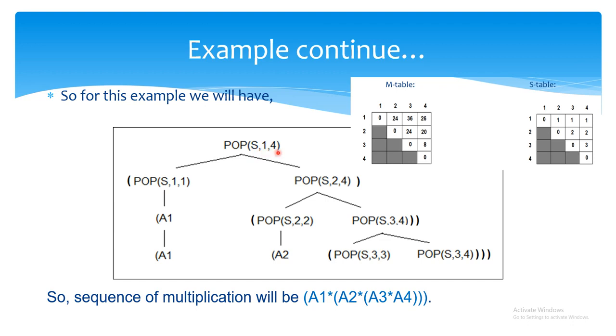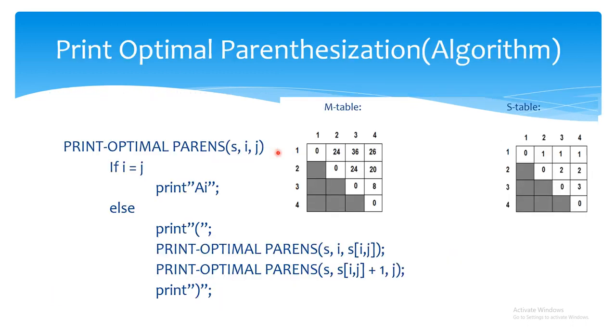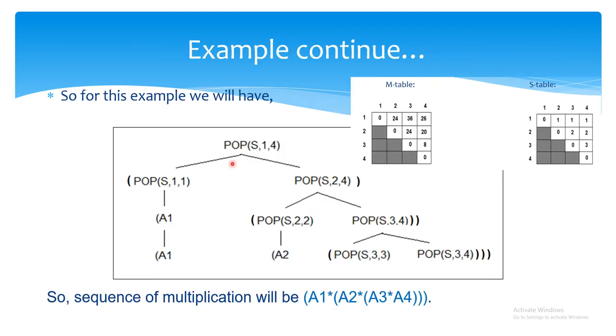Now when I pass this as an argument here, s comma 1 comma S14. Now for the S14 value, you have to look in the s table. Here you see the m table usage is only to find out the minimum number of scalar multiplications you require. So the M14 value we calculated, this 26 is the answer, that this many scalar multiplications you require to multiply these 4 matrices. Now to find out this optimal way, this s table is very important. So S14 value is 1, so that's why you have to write here